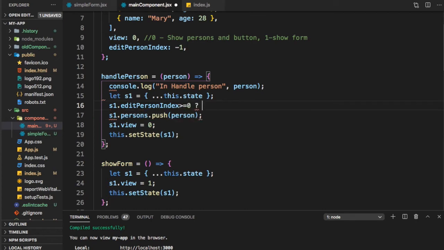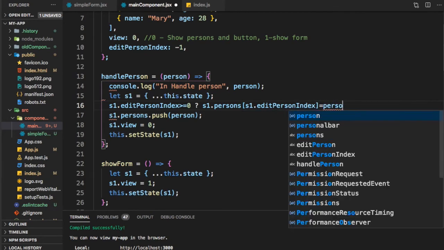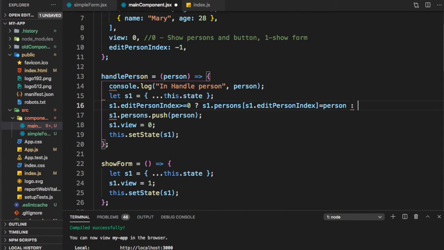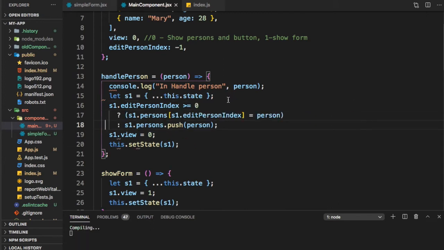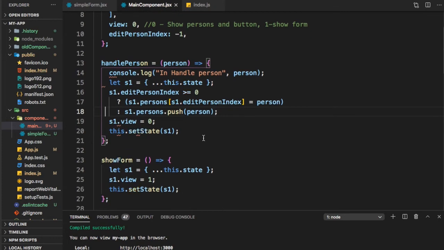If we are in the edit state, then s1.persons[s1.edit person index] is equal to person. So we will update this field. Otherwise, we will push a new person. And this should work perfectly fine.